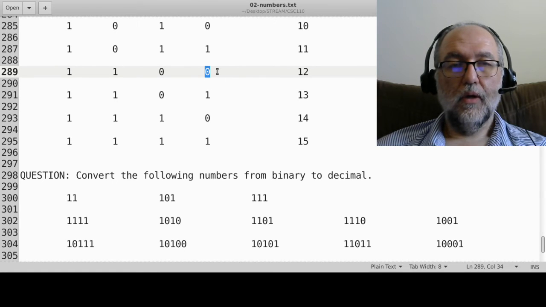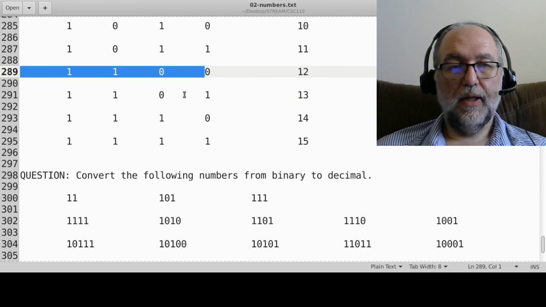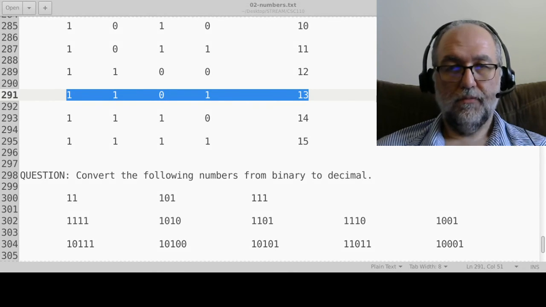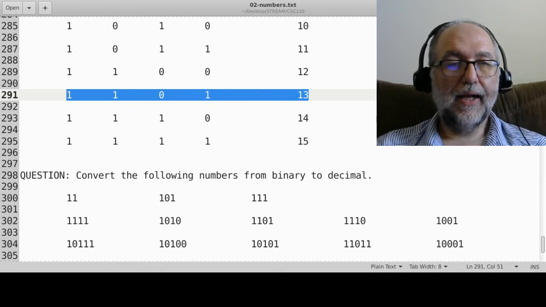The 0, the next number is 1, no bumps. So that means that this part of the number and that part of the number stays the same. The only thing that changes is that 0 goes to 1. And so we have that 1, 1, 0, 1 is 13. Okay. And then next,